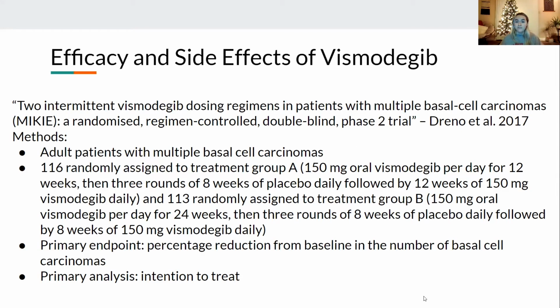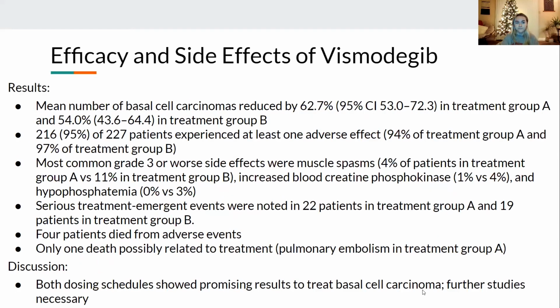A double-blind phase 2 trial conducted by Drino et al. in 2017 gathered adult patients with multiple basal cell carcinomas. 116 were randomly assigned to treatment group A, and 113 were randomly assigned to treatment group B. The primary endpoint was percentage reduction from baseline in the number of basal cell carcinomas, and the primary analysis was intention to treat. The mean number of basal cell carcinomas reduced by 62.7% in treatment group A and 54% in